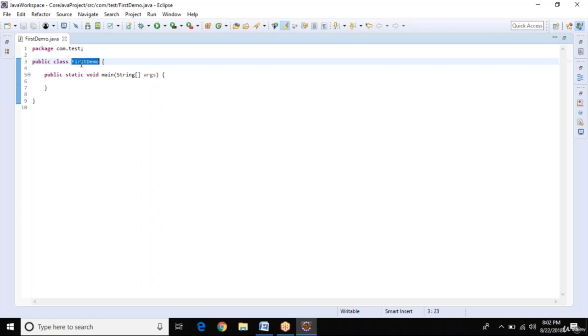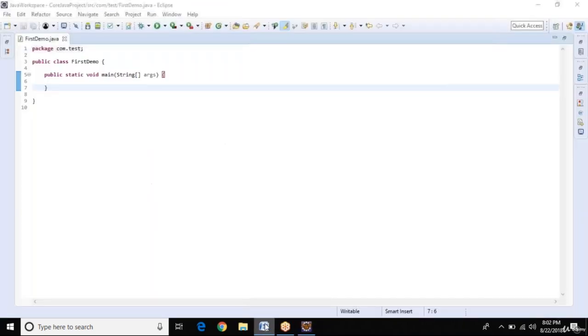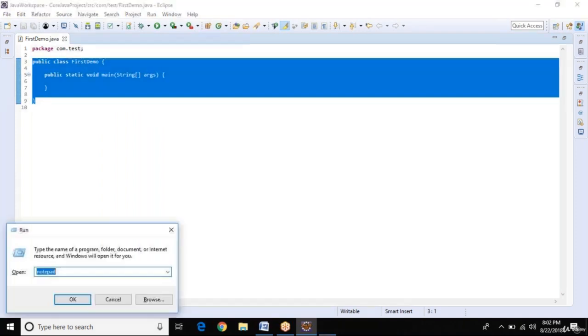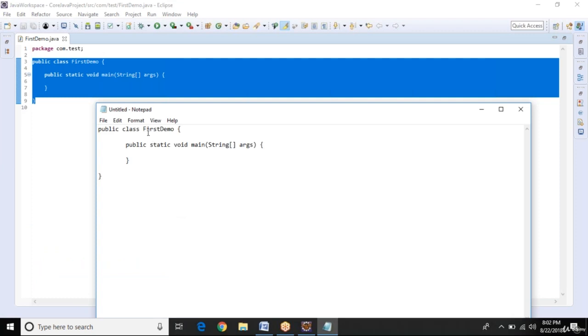We have the first demo class. Let me remove String args from this program. It is not related to this particular topic, but let me remove it. Or simply I can write this program in Notepad so that we can understand better. Let me copy this.